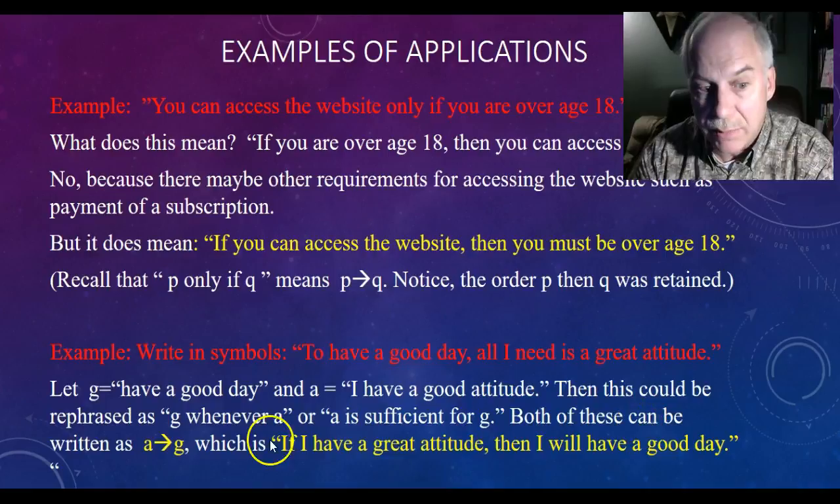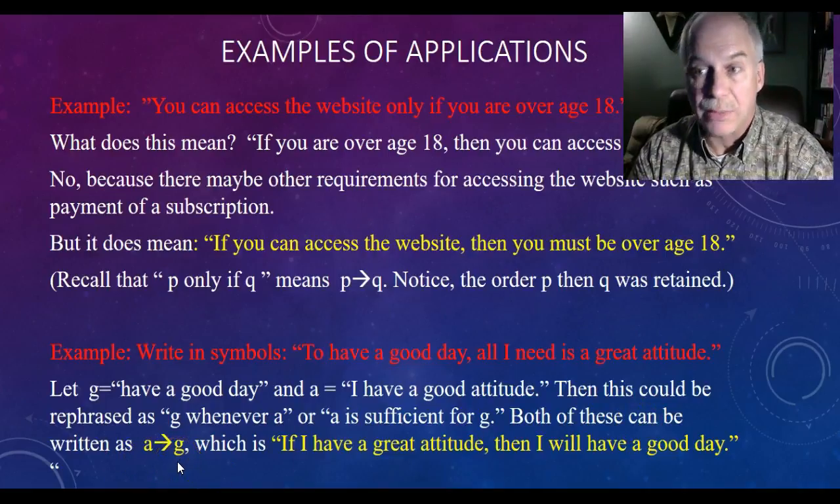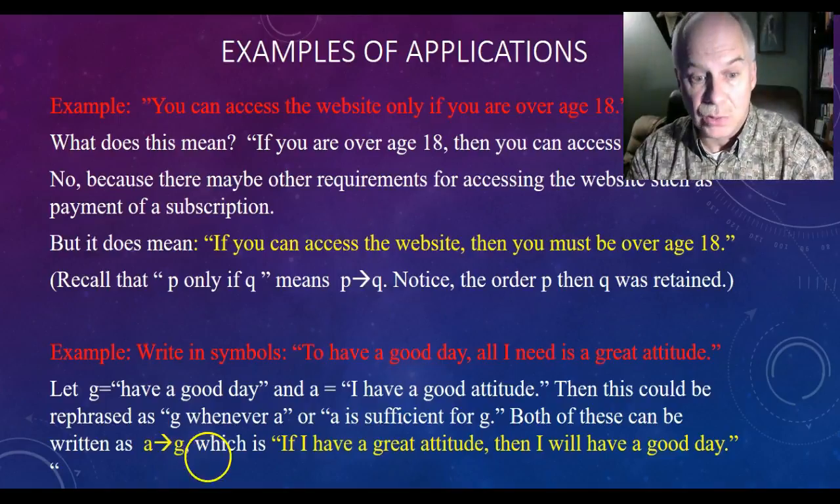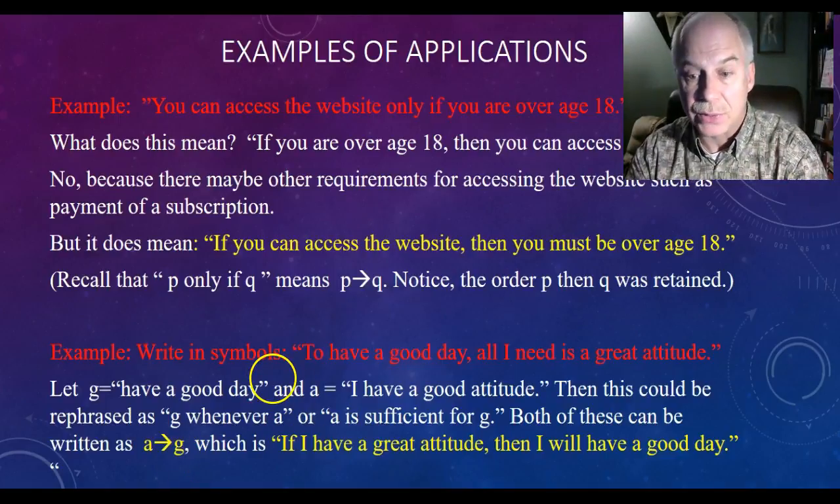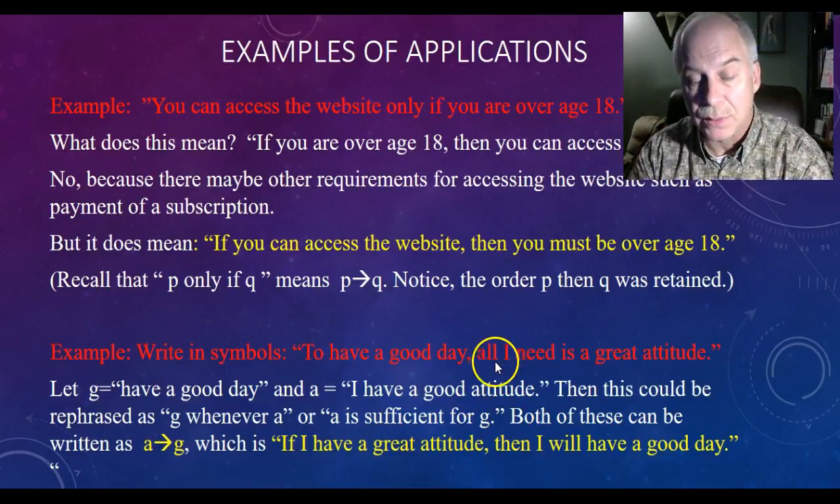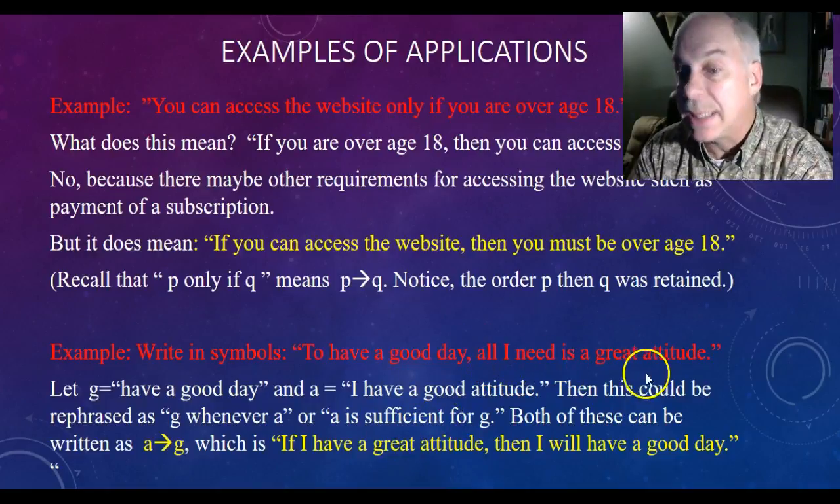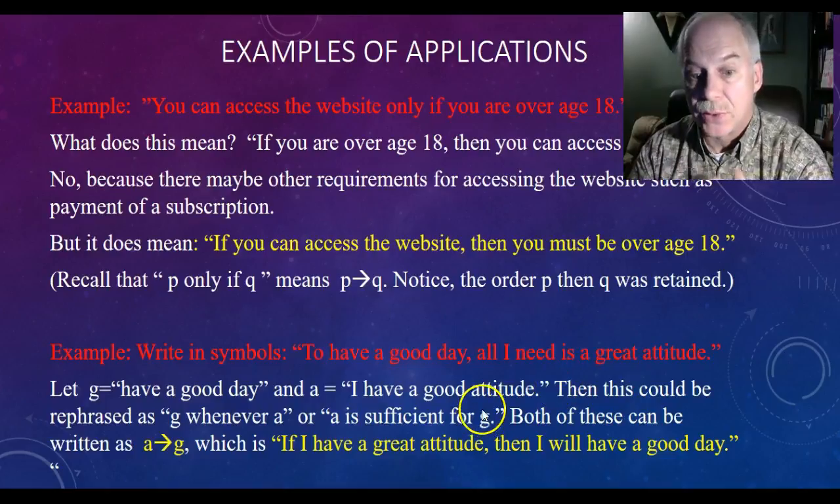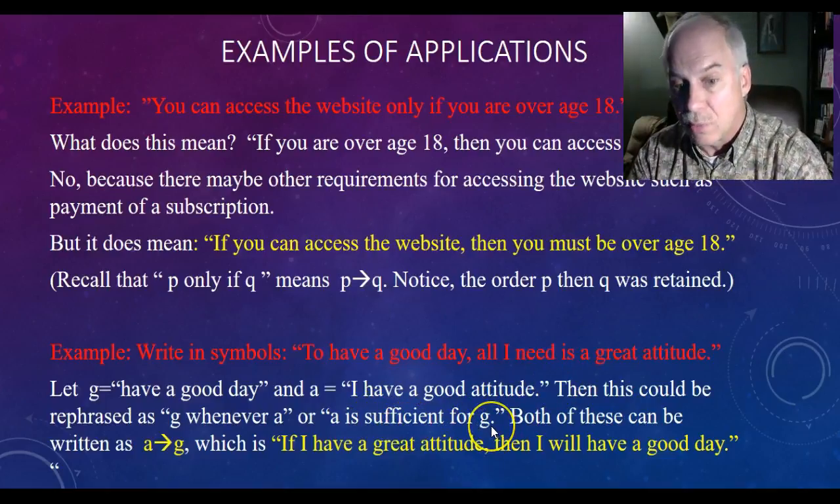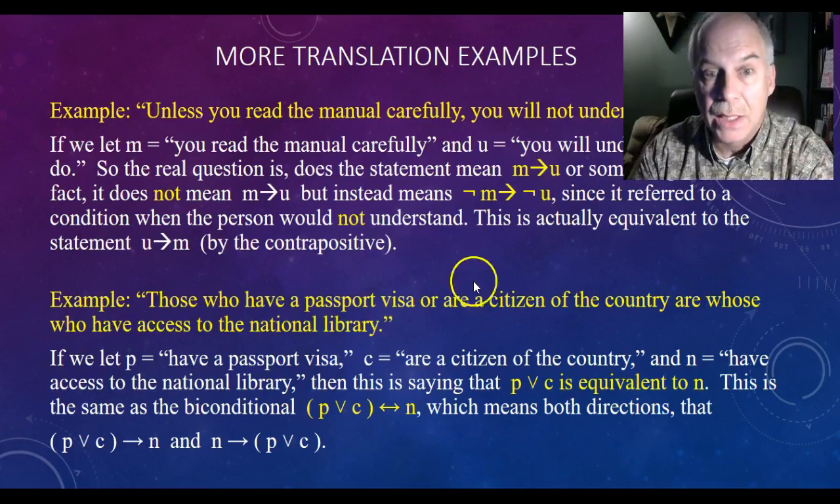Now both of these can be written as A implies G, or if A, then G is true. If I have a great attitude, then I will have a good day. You can tell this sufficient aspect is implied in all I need is a great attitude. So having a great attitude is sufficient for having a good day. Okay, here's another